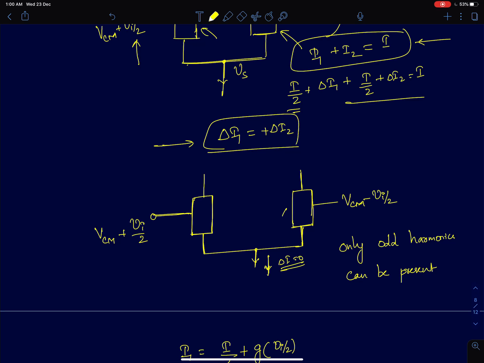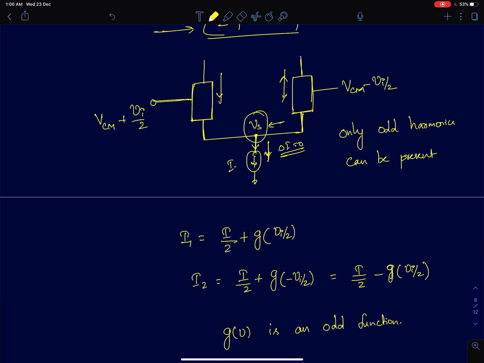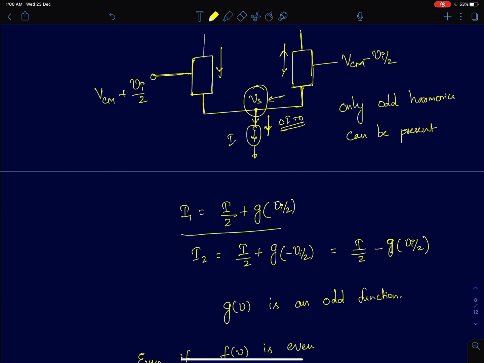So then how is it possible? It's possible because here we have connected a current source. The source voltage here has a freedom to change. So the source voltage will change in a nonlinear way, in such a way that the currents flowing through these two devices will only contain nonlinear terms. So we'll revisit that point, but first I'll assume the input current I1 is some function